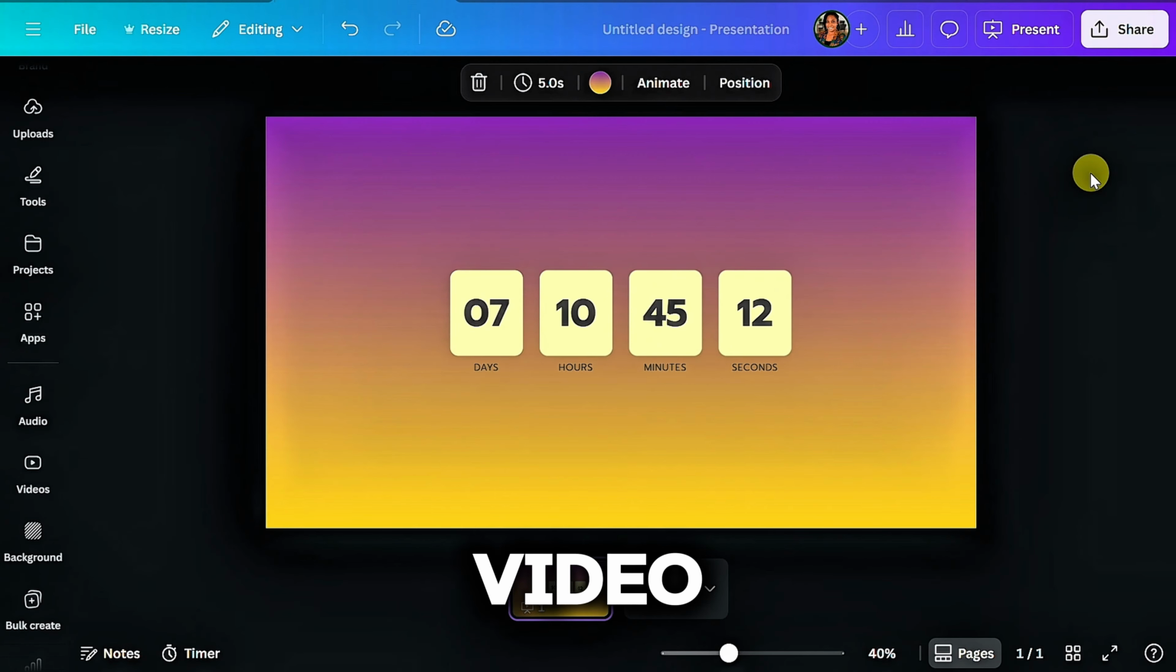In today's video, I'm going to show you how to create a QR code and add it to a design